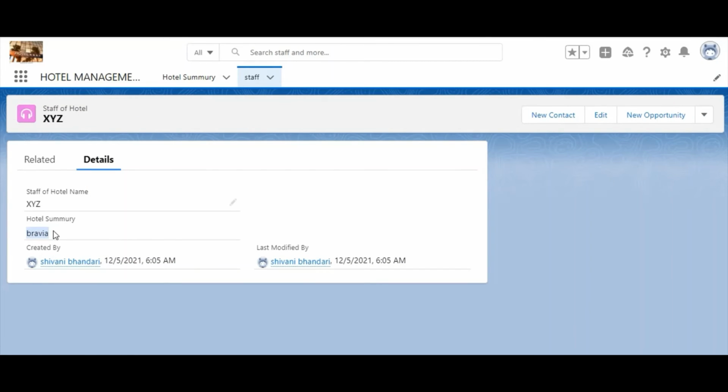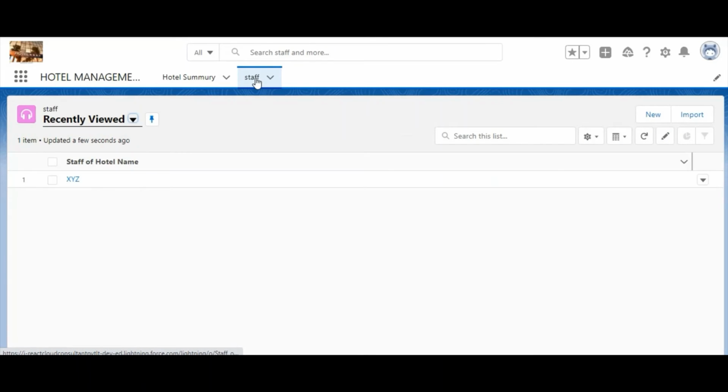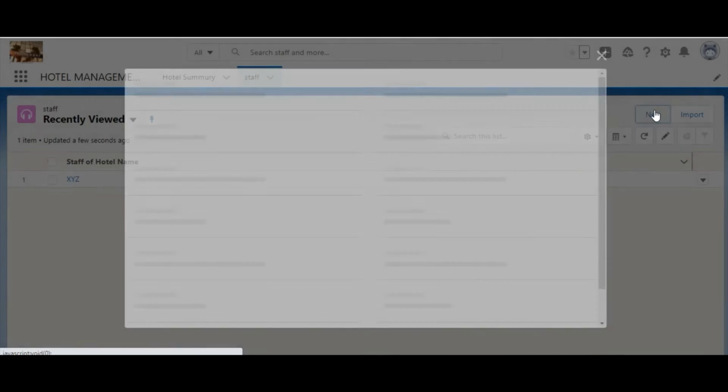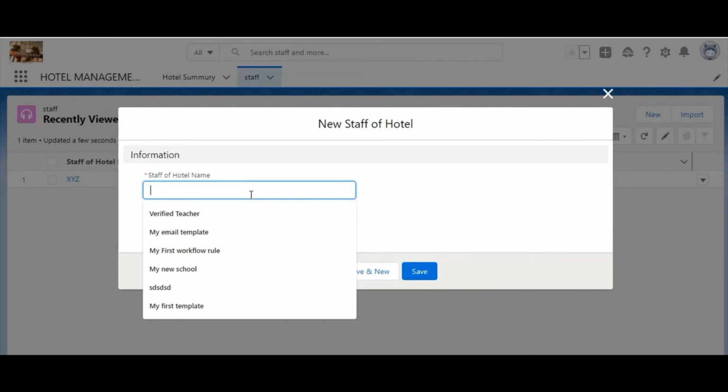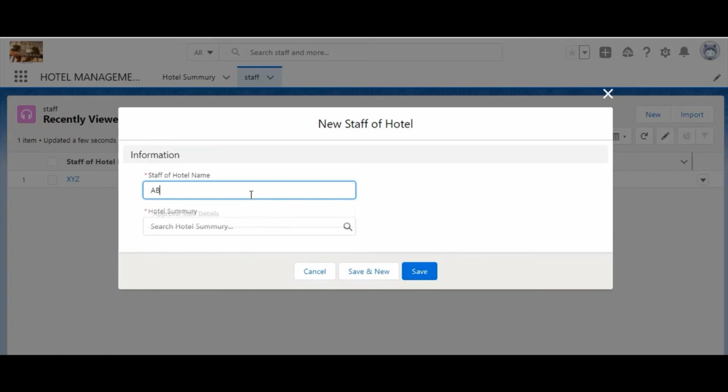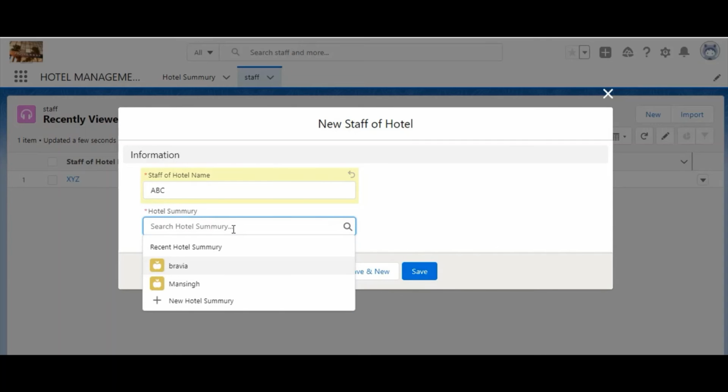Here we can see the hotel summary named Bravia with staff as the child. Now we'll click on New. Here we'll name another staff as ABC, and the hotel summary name will be Mansingh.